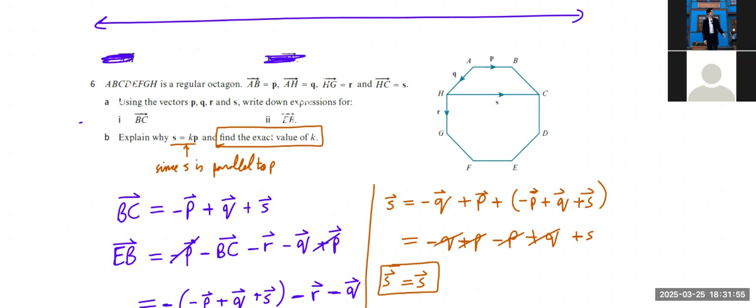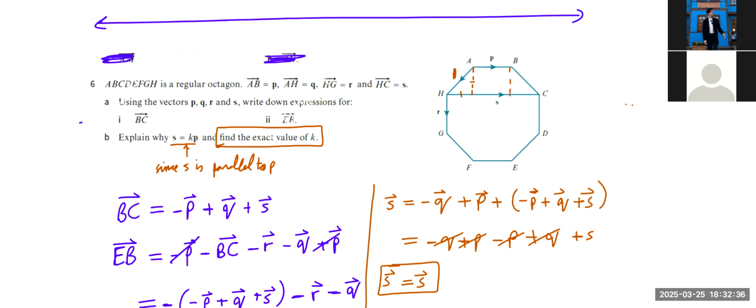So maybe we can think about it like this. Of course, this part of S is P, I mean, this is the same length as P. But we need to know what this length is and what this length is now. So what we can do is, we know that the length of this is one, for instance. Let's consider it to be one. Because it's a regular octagon, we can call it one for now. If this is one, and obviously these two are equal, right? Because it's perfectly symmetric. Everything is symmetric. So these two have to be equal, which means that